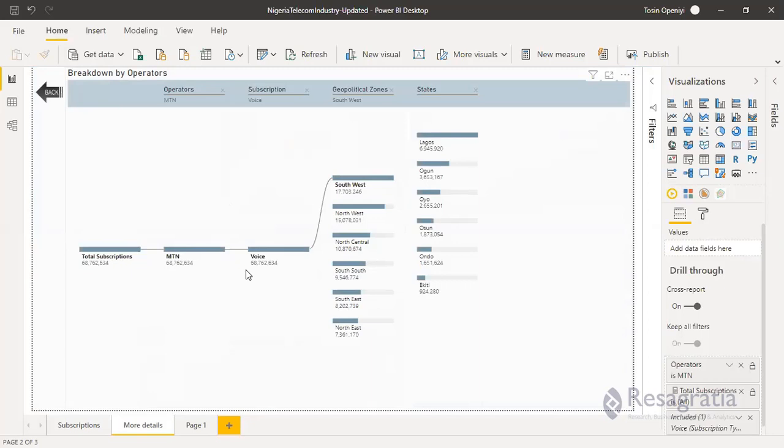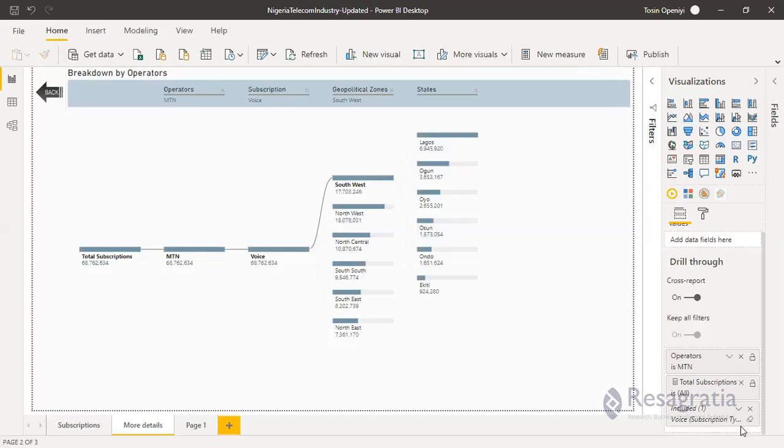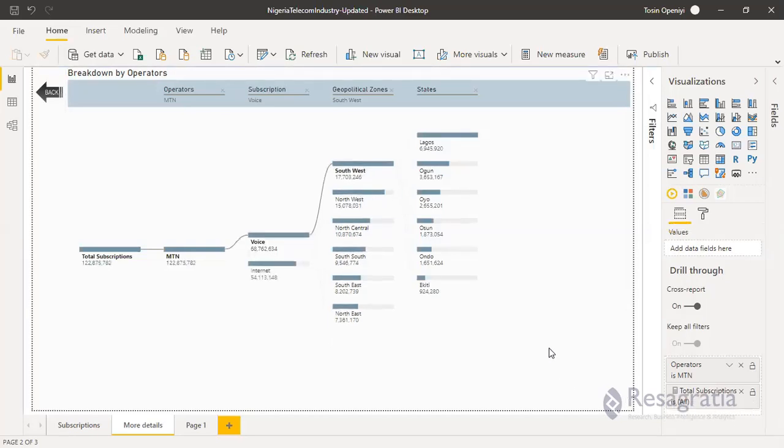I want to exclude this. Okay, cool. So this is the total subscription for both voice and internet, right? For MTN, we have... Oh, sorry, something is still not adding up.